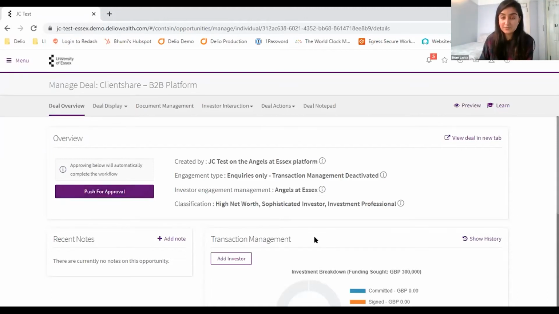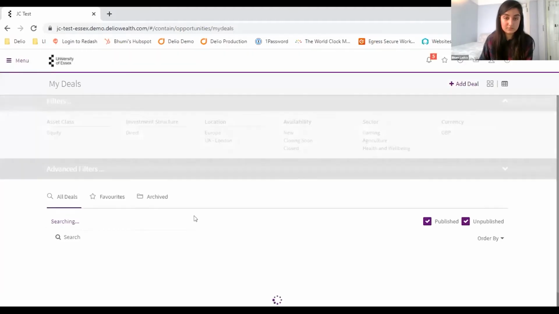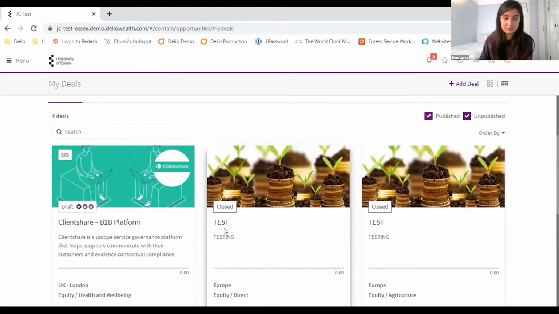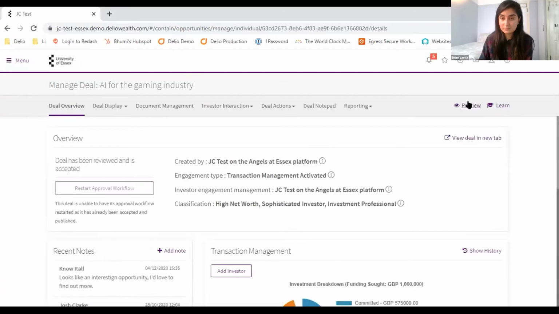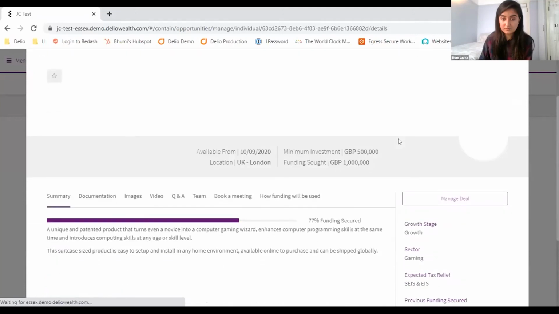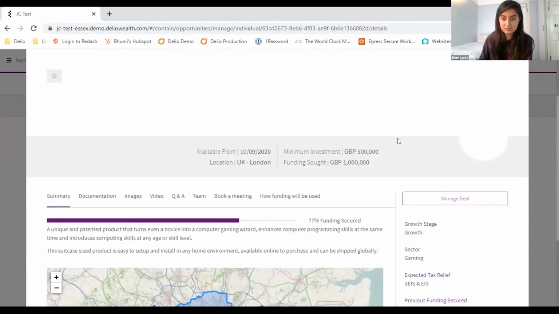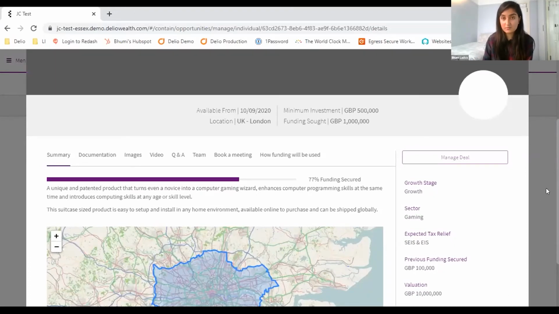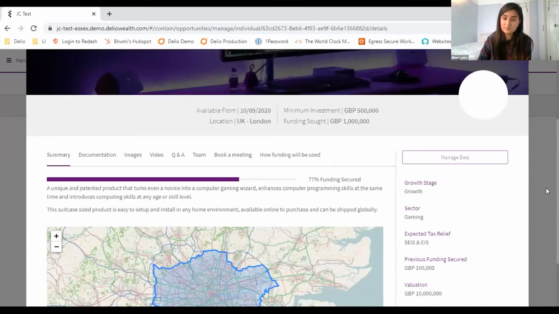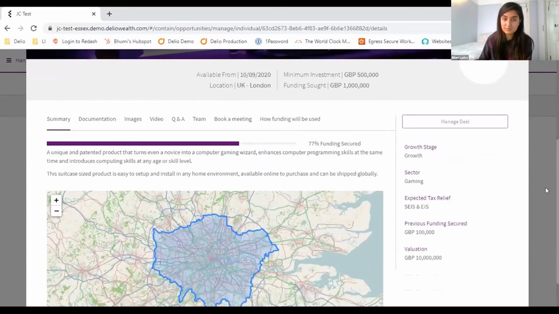Yes, I just wanted to add that what we have found over this extended period of working with investors and entrepreneurs is the wording is so important. You have to get the wording right in those opening sentences, the deal name, the description with that limited word count, and the information that you portray at that very first point. Because you've got to remember that when an investor is looking at the platform, they only see that bite size to start with, and that's what's got to interest them. Think of it as your elevator pitch.